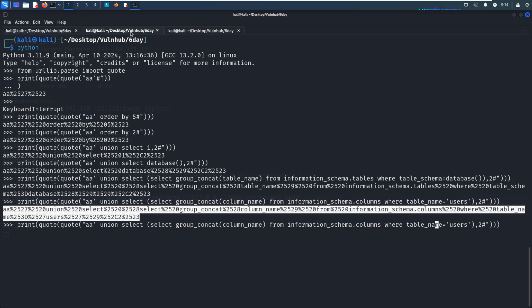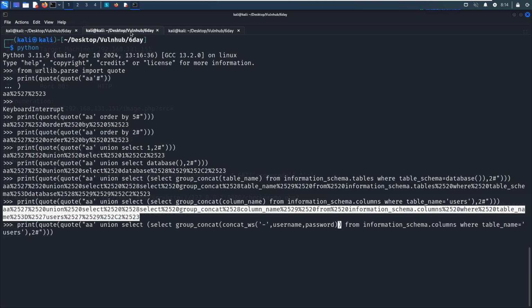We need to use, of course, in this case not column name, and we need to use the concat_ws function. This would be a separator or connector, username, password.